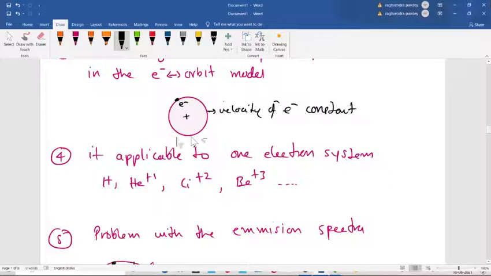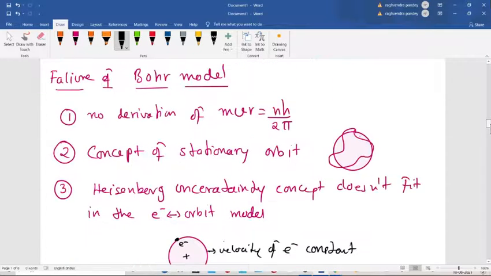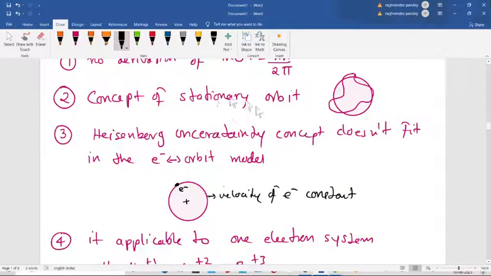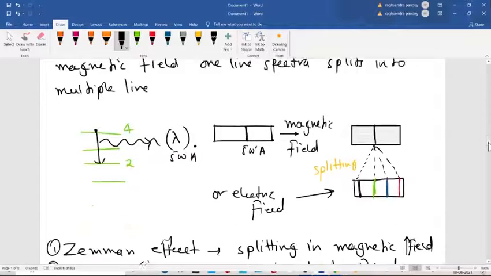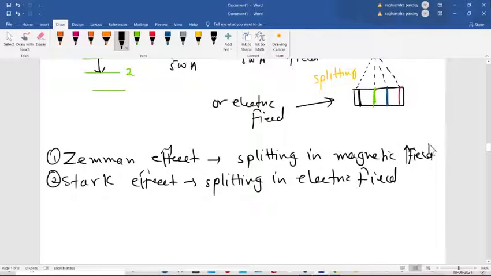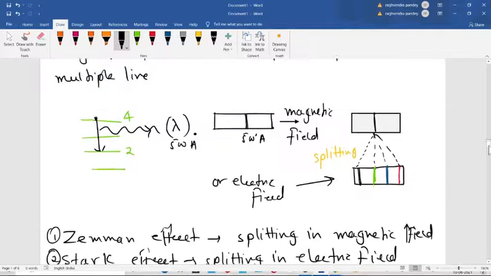He found out the velocity, and that is also correct, because of the dual nature. Because of the dual nature, there is some problem with the Heisenberg uncertainty principle. The concept of stationary orbit he couldn't explain. So on the fundamental level, his model was correct, but he couldn't explain many things from that model. And people continue to ask, because the Zeeman and Stark effects came later than when he got the Nobel Prize. These effects came in later times, after he got the Nobel Prize. So again the problem is there.